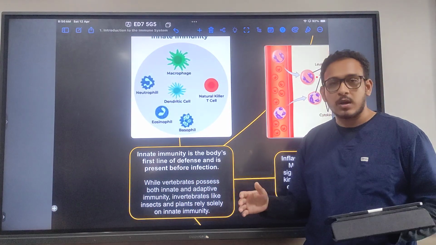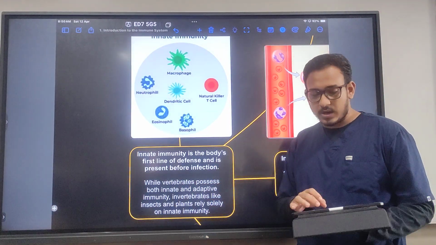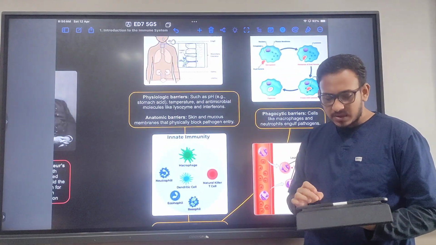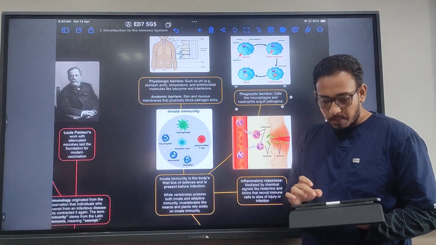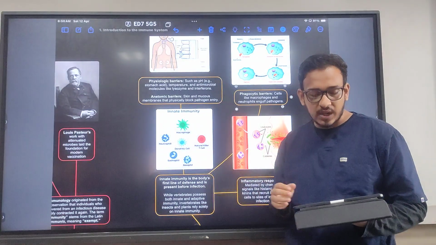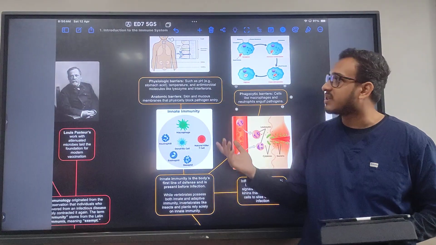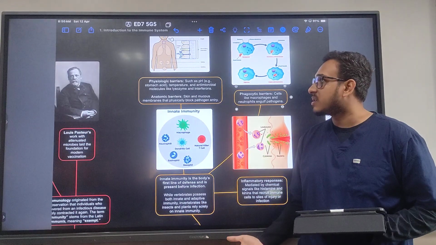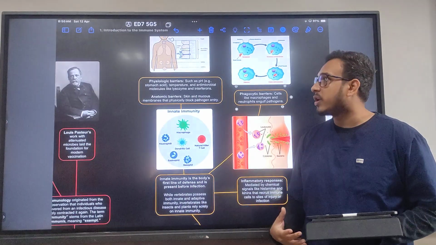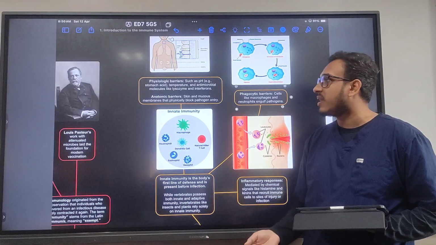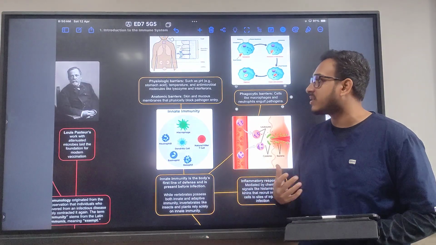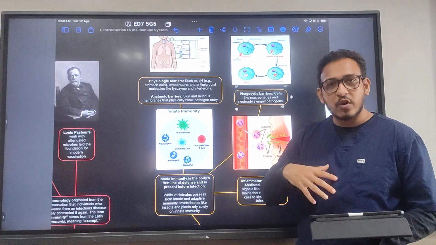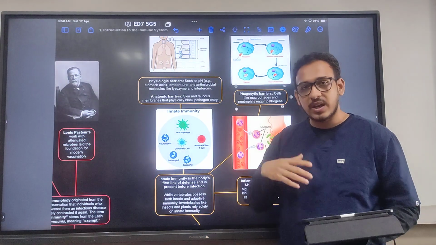It is like the barrier of a fortress, and there are various types of innate immunity, like physiological barriers such as the pH of the stomach, temperature change, and antimicrobial molecules, lysozymes, interferons. And there are anatomical barriers, that is skin and mucous membranes, that block pathogens and prevent them from entering